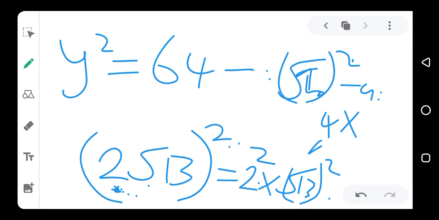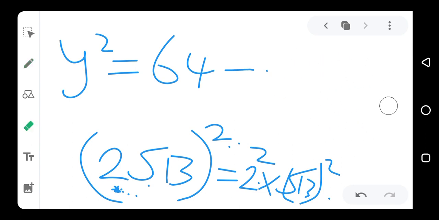So no matter anything you have inside the square roots, if you have power, the power and the root will cancel to leave only the number. So this one now, the power, the square will cancel the roots to get 13 alone. So we are now going to have